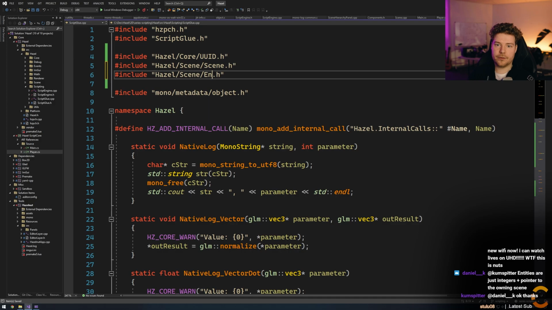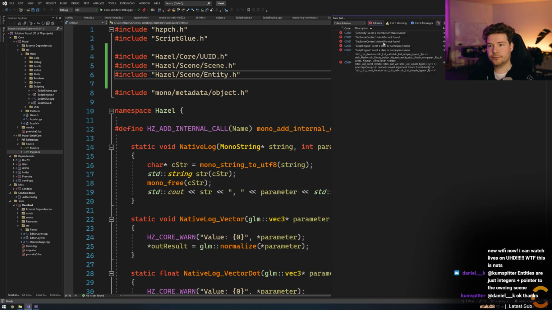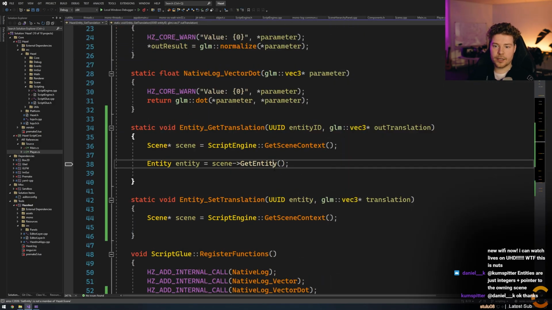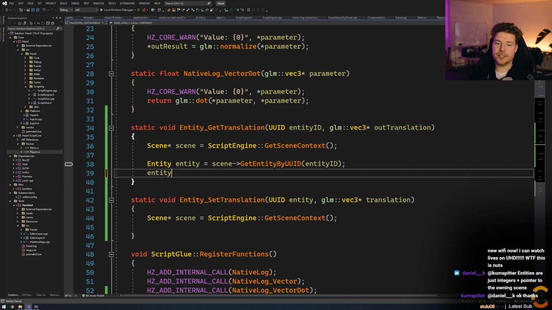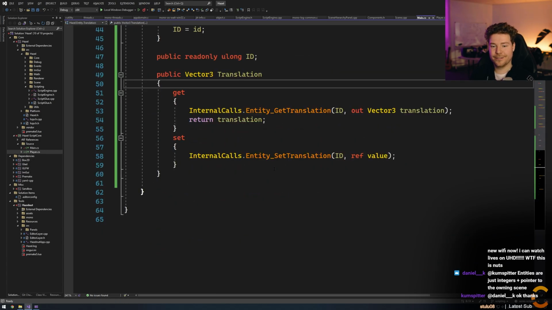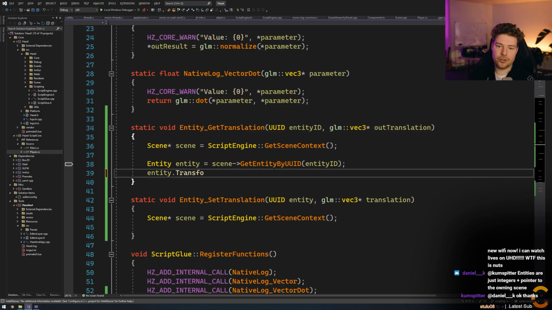Entity's not here either. Okay, so this is get entity by UUID, and then we type in the entity ID. Now we have the actual full-on entity. So we can obviously easily just say entity dot, do we have a, yeah, translate, no, wait. I was gonna say, do we have a transform component shortcut? No. Okay, so get component,